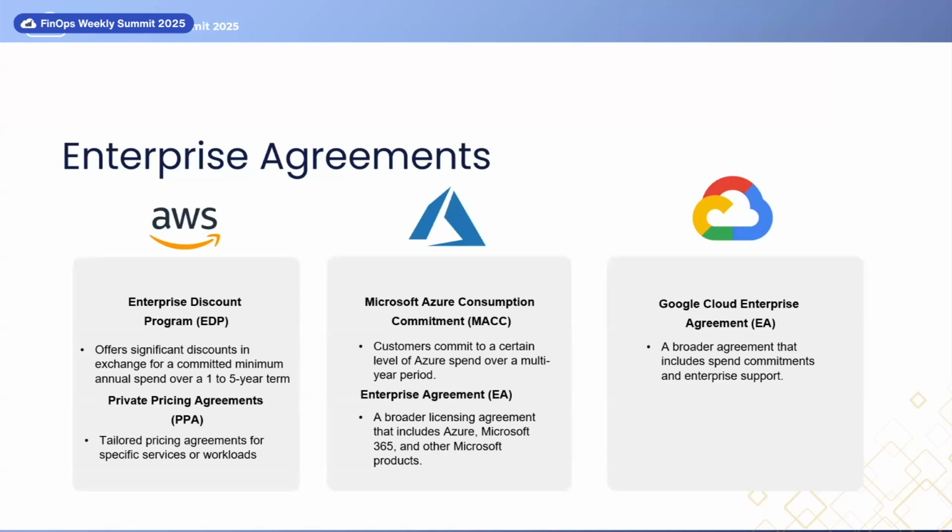So it's important to know what your discount is. You need to be even tighter aligned with your procurement, because when it comes to AWS, it matters, but it doesn't really matter to a day-to-day FinOps practitioner's operations what the EDP percentage is, because you're not getting in each other's way. But when it comes to the other two, you need to know what the discount rate is that you're getting for that agreement by service,